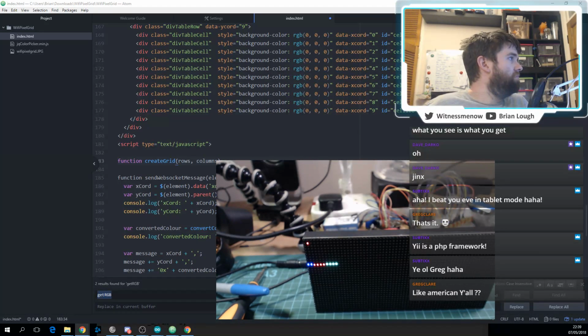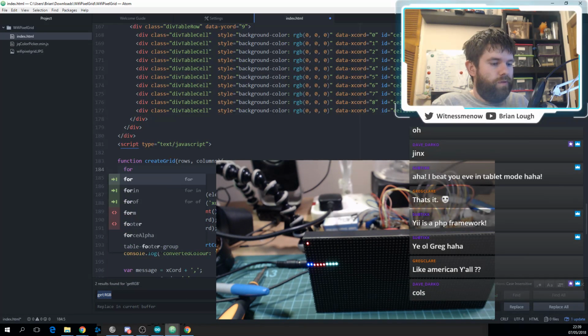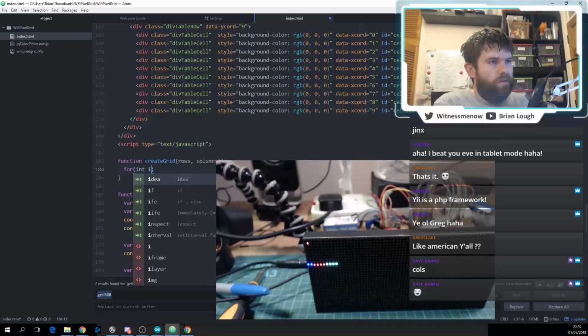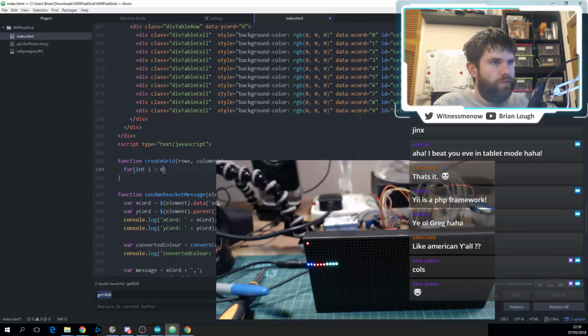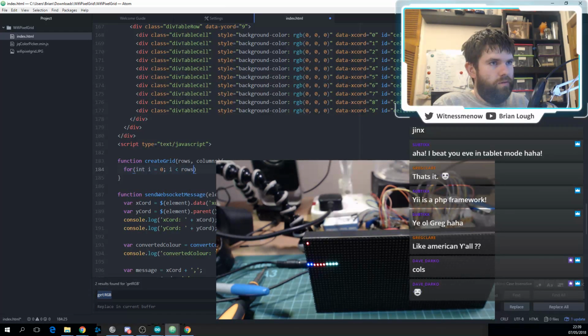Columns. Yep. Those columns. Okay, so for int i equals 0, i is less than rows,